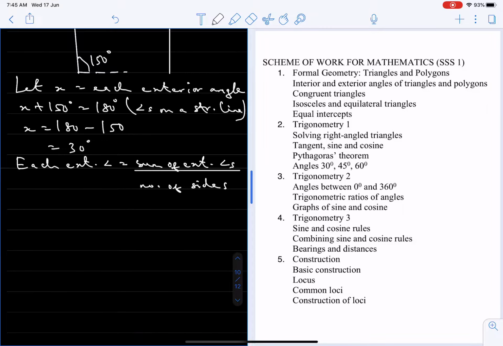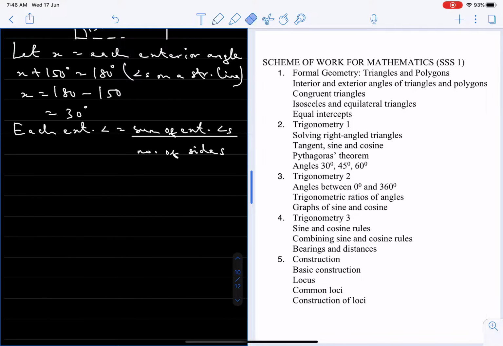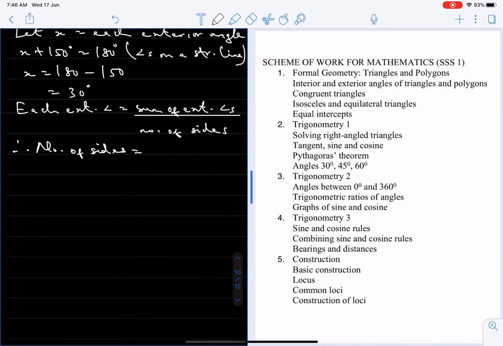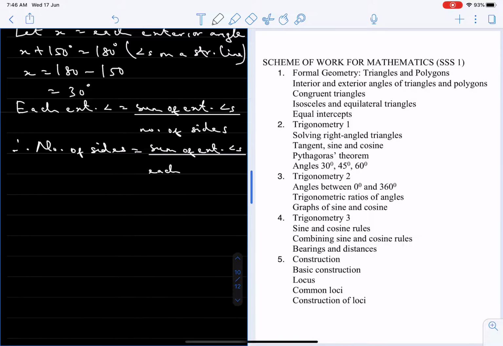What that simply means is that the number of sides is given by sum of exterior angles divided by each exterior angle,